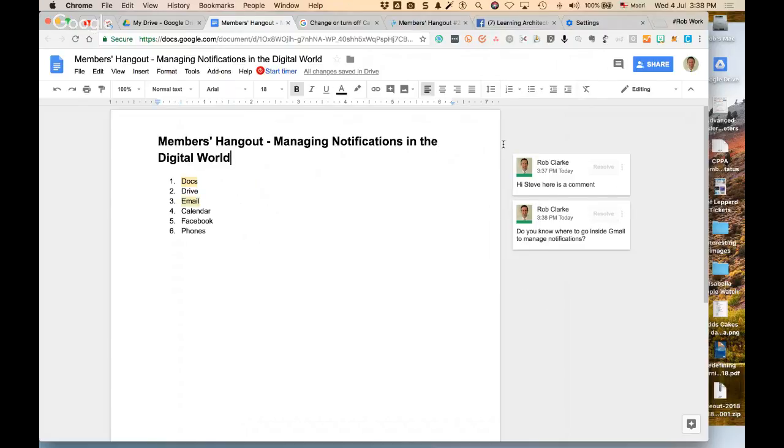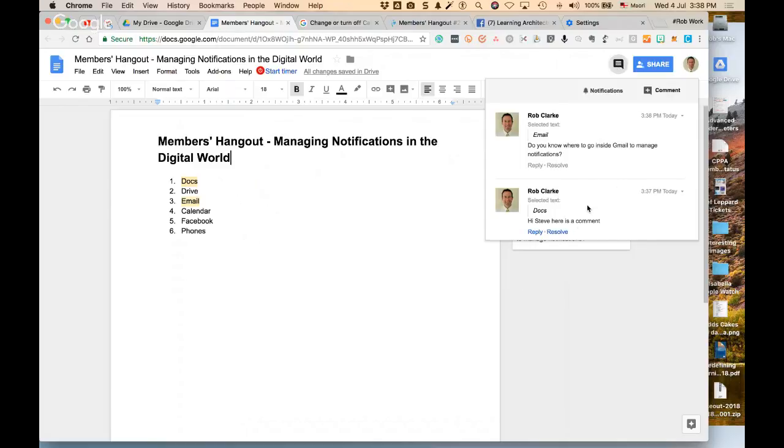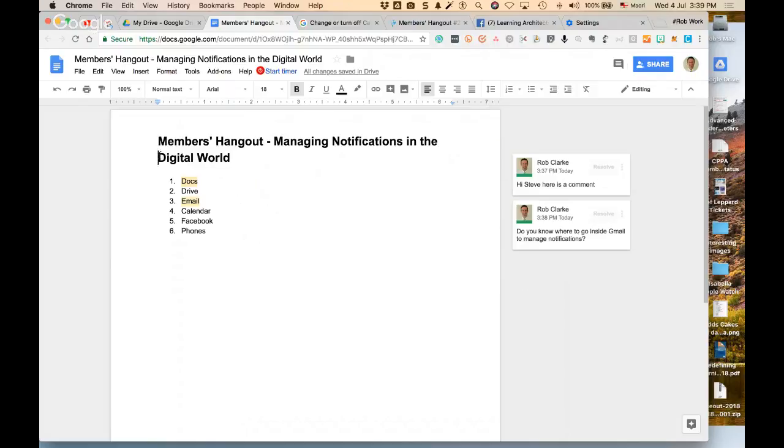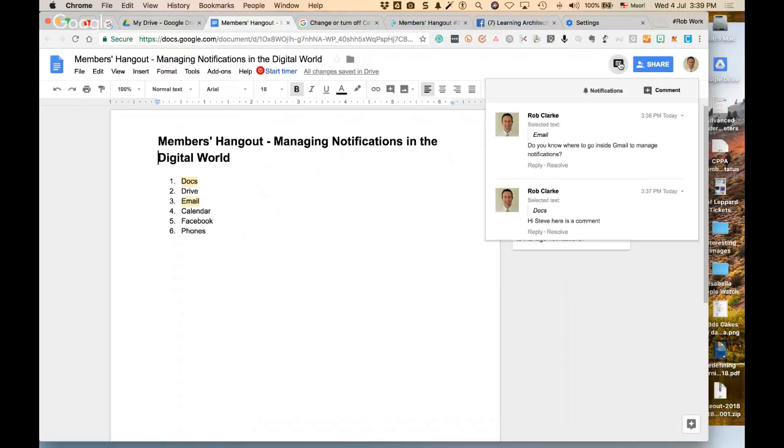Now, just to point out, this little button top right corner here that's called the comments thread. If I click on that, you have the ability inside a Google document to alter the notification settings. So the default is that every comment on a document that you are shared onto will send you an email. Now, they don't come through immediately. They do actually take a little bit of time, so they're not instantaneous, which, you know, might be a good thing. But I just want to point out this little feature here where you can decide on particular documents not